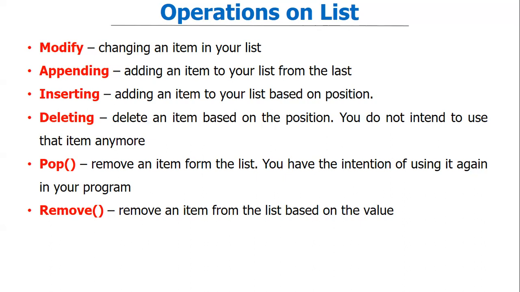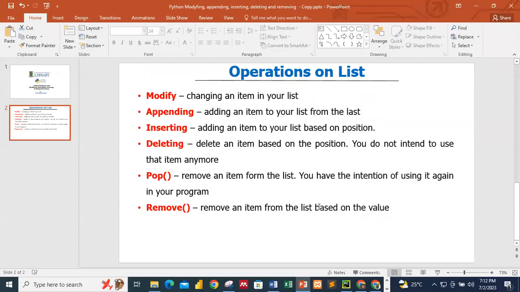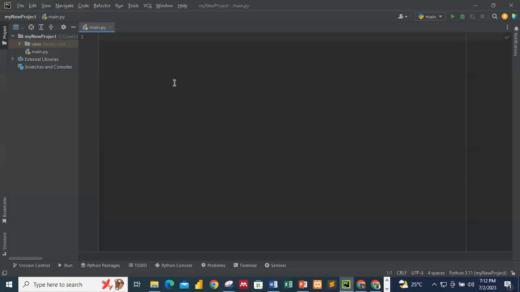That is the difference. So we are going to do a demo. The appending is a method, insertion is also a method. For deletion, we have the pop, which is a method, and remove is a method. So with the appending, we are going to see some braces in there, like with the pop and also the remove. Okay, so let's start with something. As usual, I'm going to use my PyCharm. So let's start